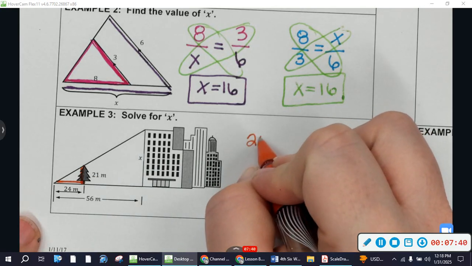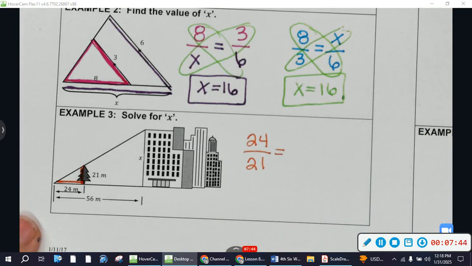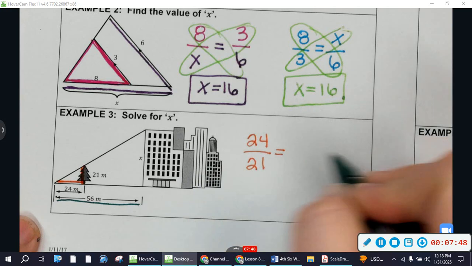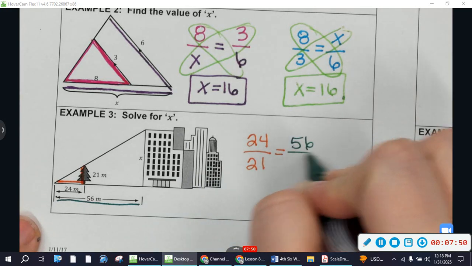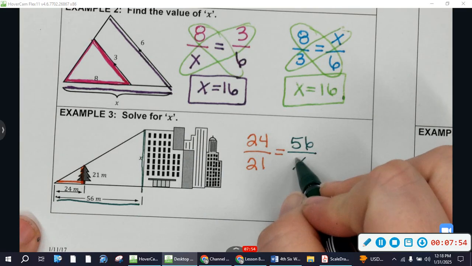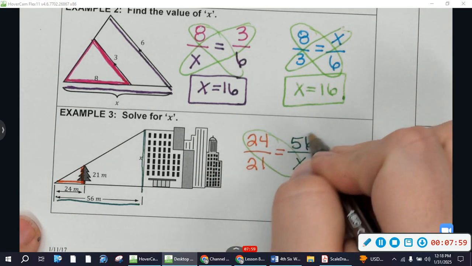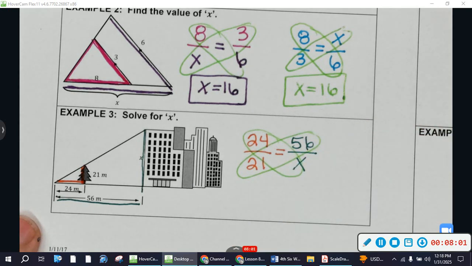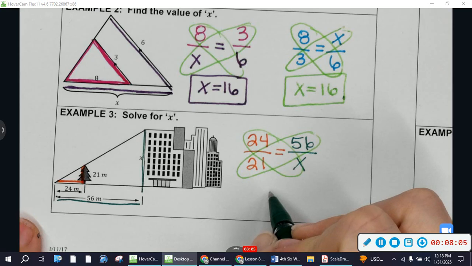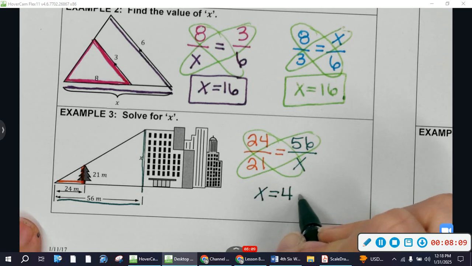So base 24 is to height 21 as base 56 is to the large building height. So base is to height as base is to height. We cross multiply, we do end up with some large numbers, but the calculator would tell us that is